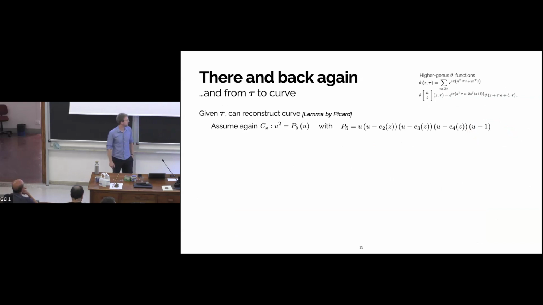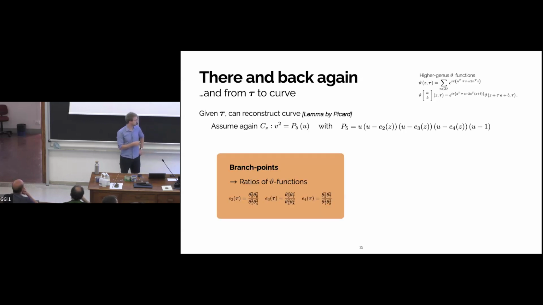Then let me go back the other way. Now let's say you have a tau and you want to go back to your curve, which is something less trivial to some extent. This is in fact possible. So you start again with your curve, let's say. You assume you have a curve like something like this. And you're given a tau. So you can actually get these branch points E2, E3, E4 just from ratios of theta functions, where theta functions are